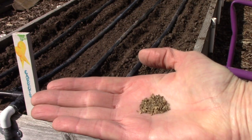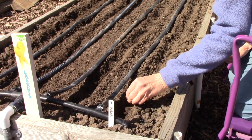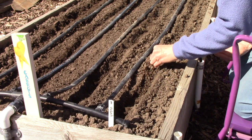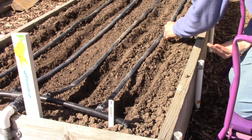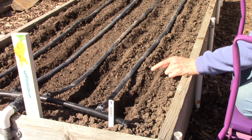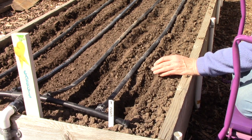So that's what carrot seeds look like. And I'm just going to sprinkle the seeds in, not super thickly. And an important thing that's going to happen is once the seedlings are about 3 inches tall, I'm going to space them so they're just about 3 inches apart. And that's because you want to leave enough room between the plants so that the carrots will have room to